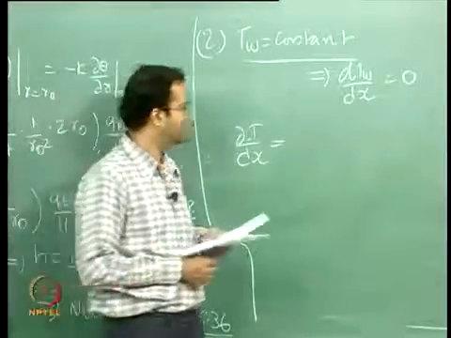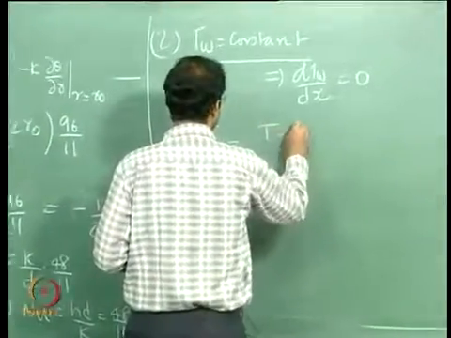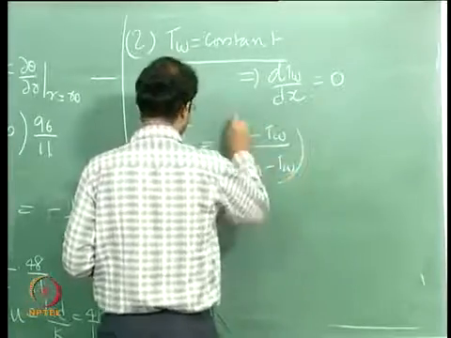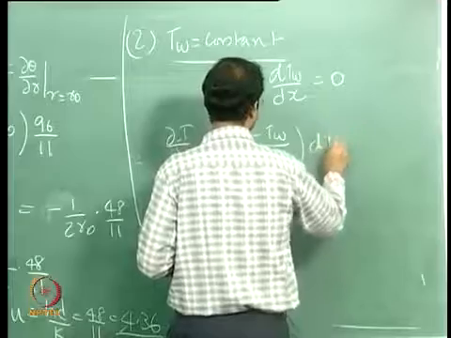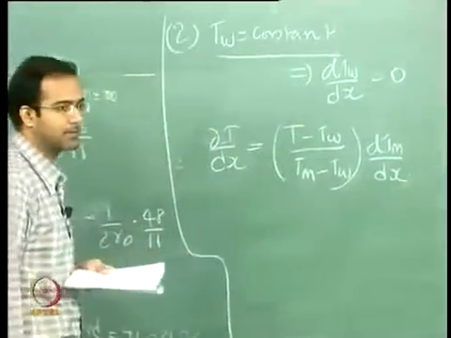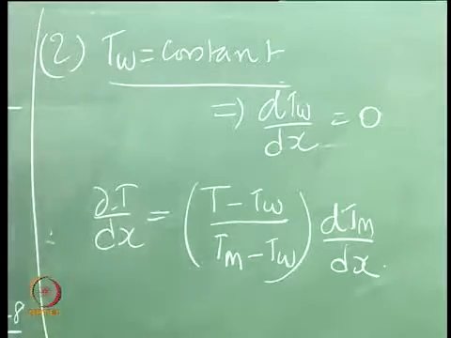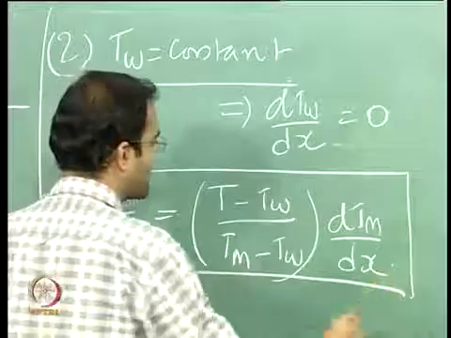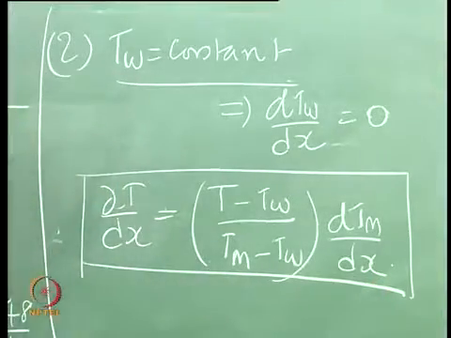Yeah, T minus Twall by Tm minus Twall into dTm by dx. Okay. So the other first two terms get cancelled off, you have only this last term. So now this is your approximation for dT by dx,